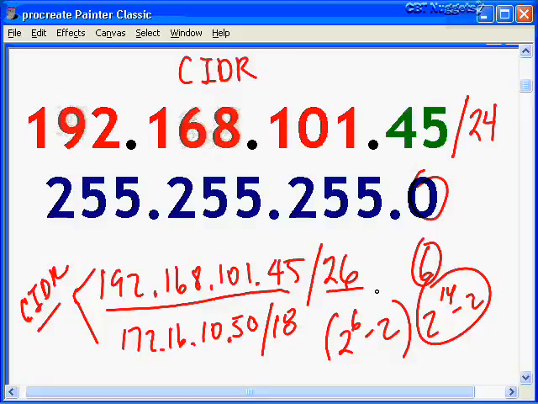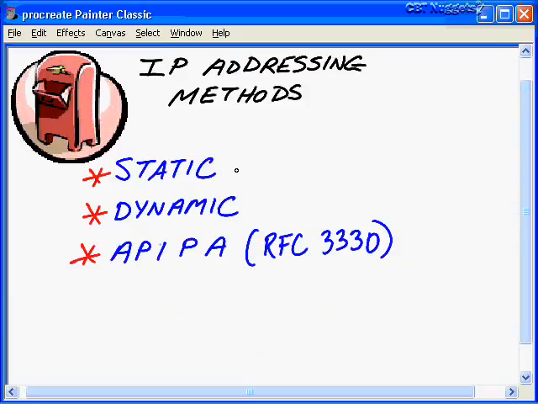Now I'm talking about assigning addresses here. Let's move beyond the math. Let's move beyond the IP addressing, and let's talk about how, in our modern networks, let's say we're in a Microsoft environment, there's really 3 main ways that we're going to dole out these IP addresses and subnet masks to our workstations, our servers, our PCs, our laptops. We're going to finish up this nugget on IP addressing briefly talking about those 3 methods. You need to be aware of the fact that there's really three main methods for assigning